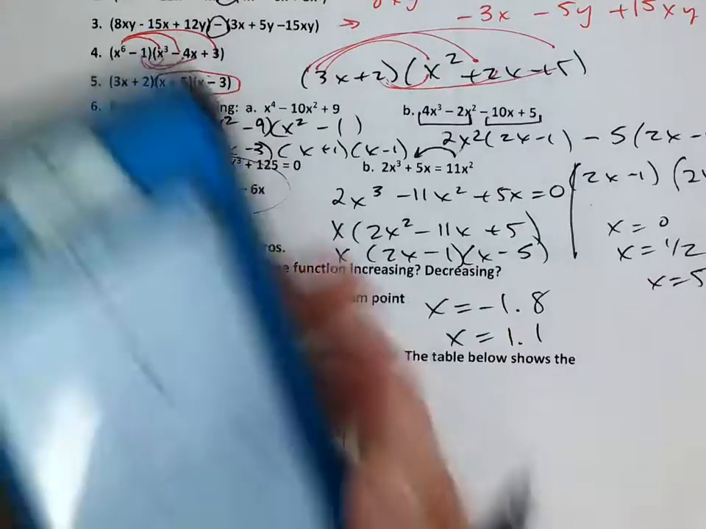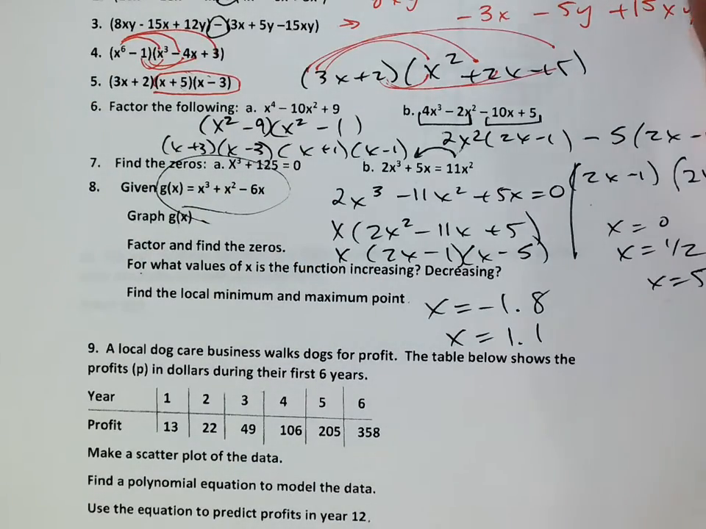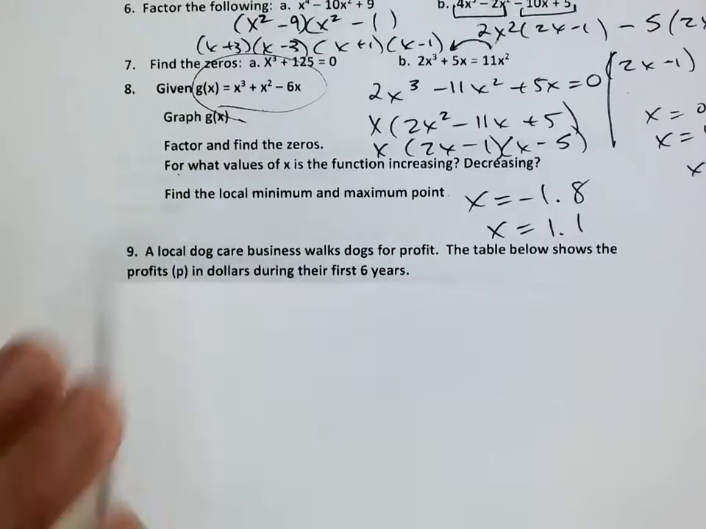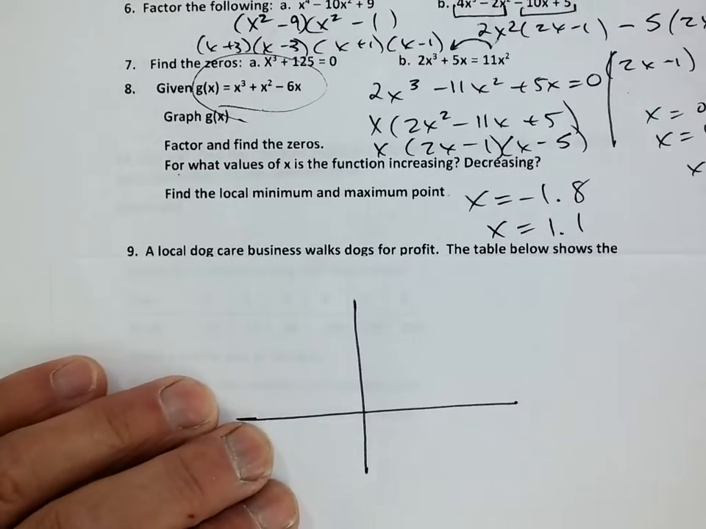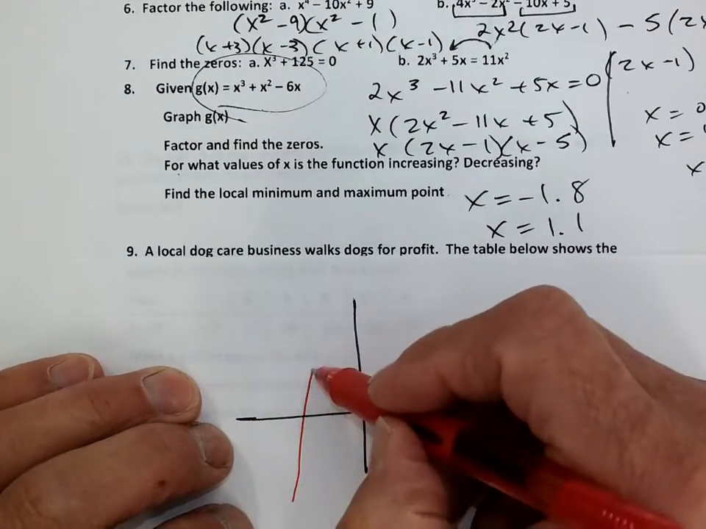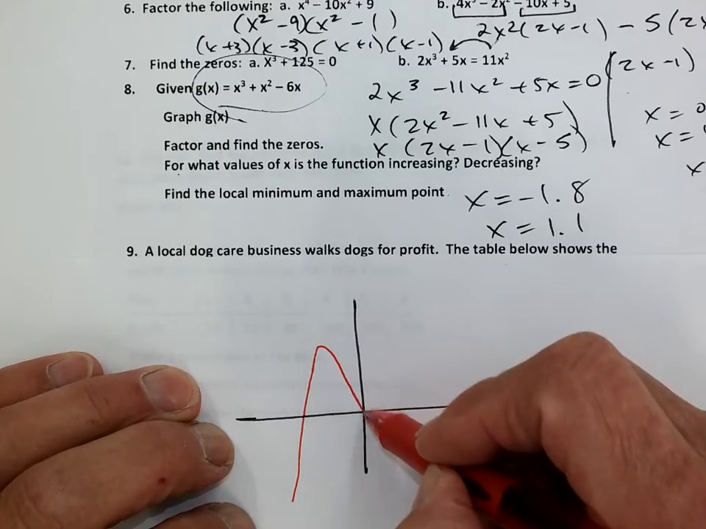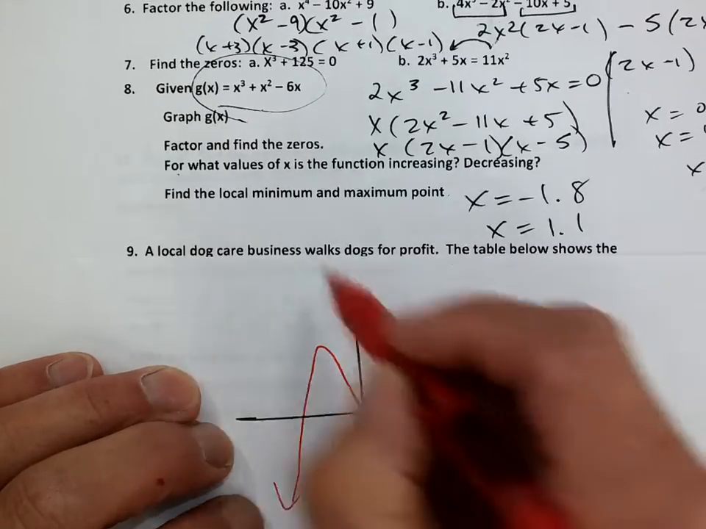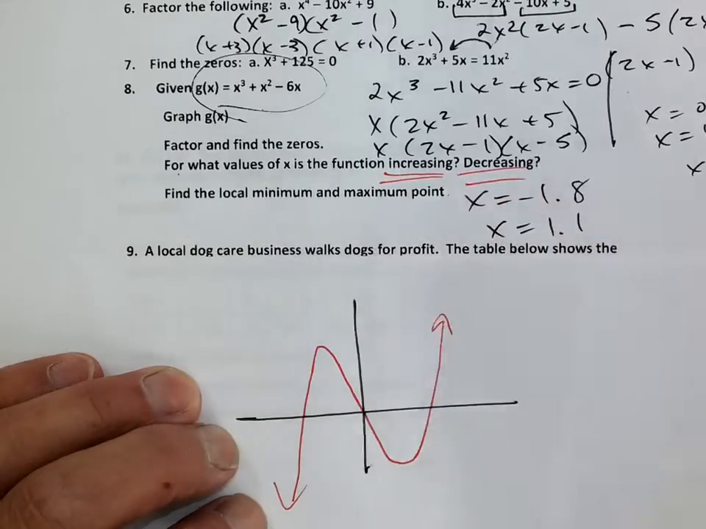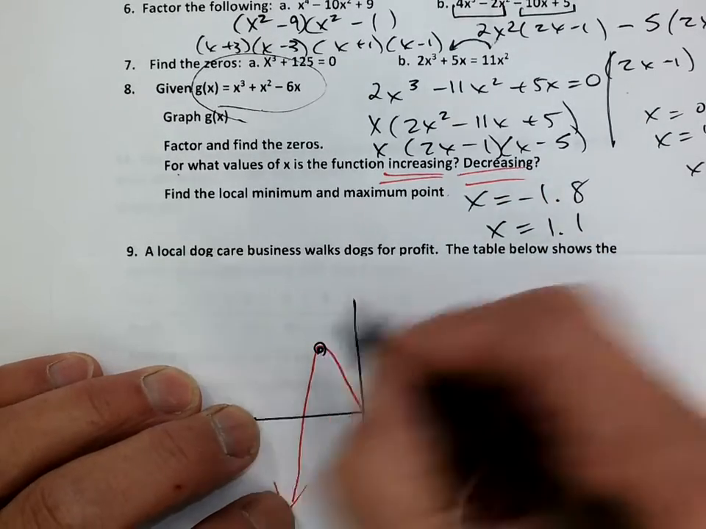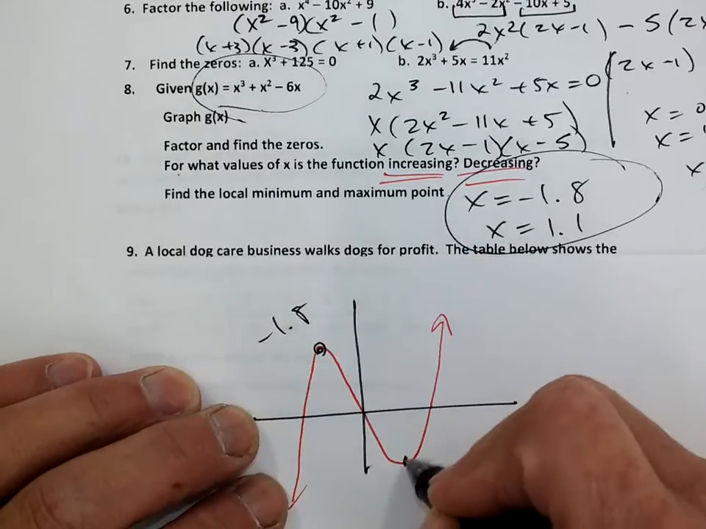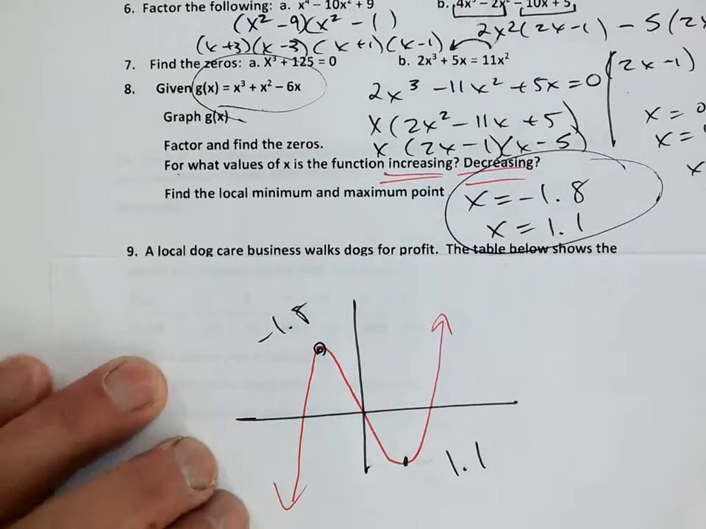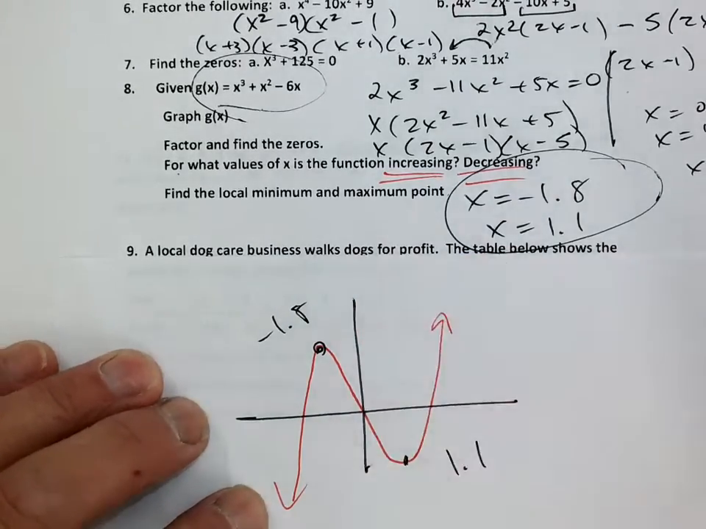Okay, now let me go ahead and just make a rough sketch of it. All I need is a rough sketch so I can show you about increasing, decreasing. So it goes up like this. So for increasing, decreasing, right? These are the values, just the x values, okay? I got a negative 1.8. I've got a 1.1. So where's it going uphill? From here to here. So increasing,